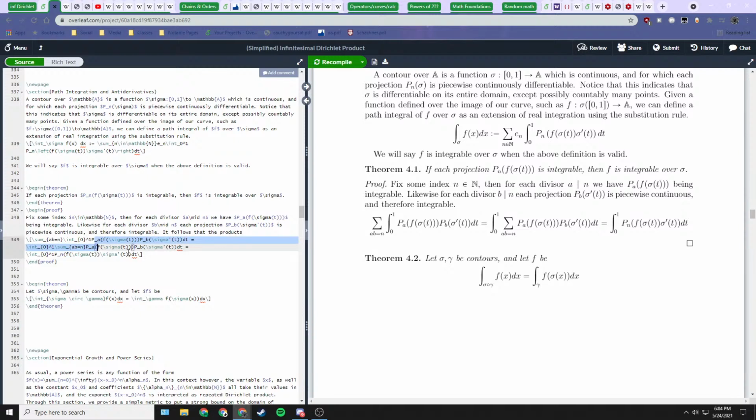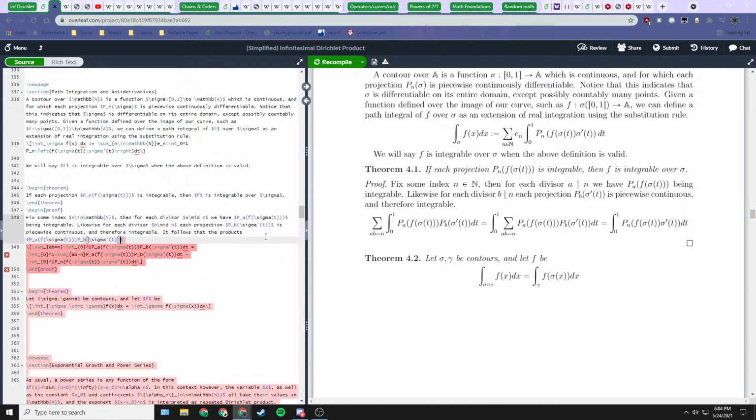So we have the products of piece of A and piece of B being integrable,